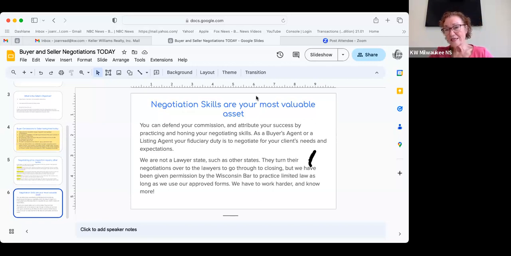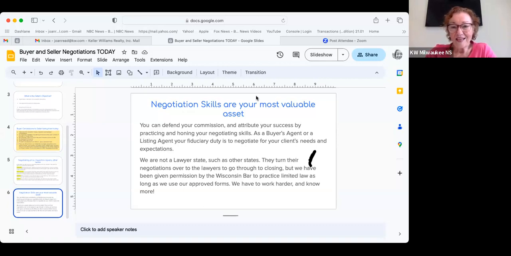Some lenders, when they see an appraisal come in and it's lower than the purchase price, they will still provide the loan. It doesn't automatically stop the contract if the appraisal is lower, because the lender may say, oh, it's all right, we're able to handle it, it's within the loan amount, whatever. And so they'll still give them the loan commitment.